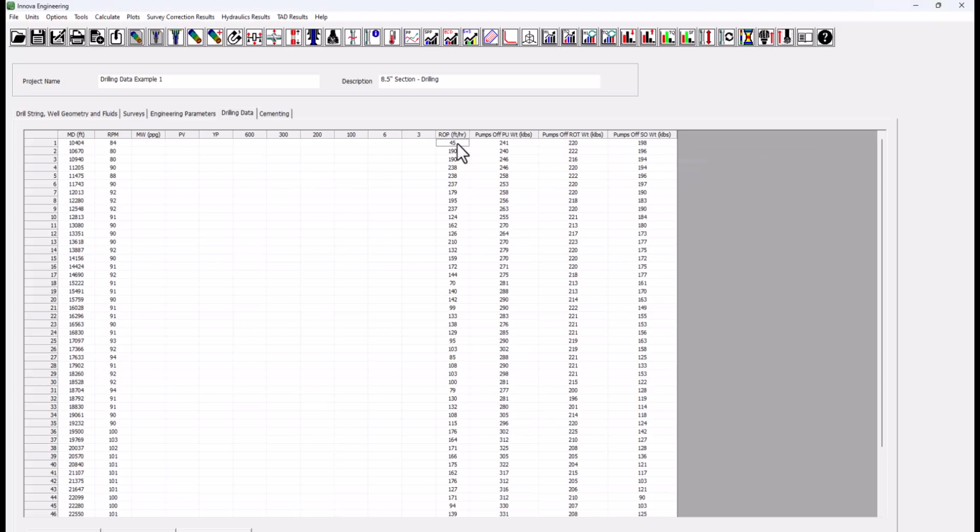When the program gets to a measured depth in the Drilling Data table that contains a value for RPM or ROP, it will update the parameter to the new value. When it reaches the next value, it will update again, and so on and so forth. Run the torque and drag calculation,